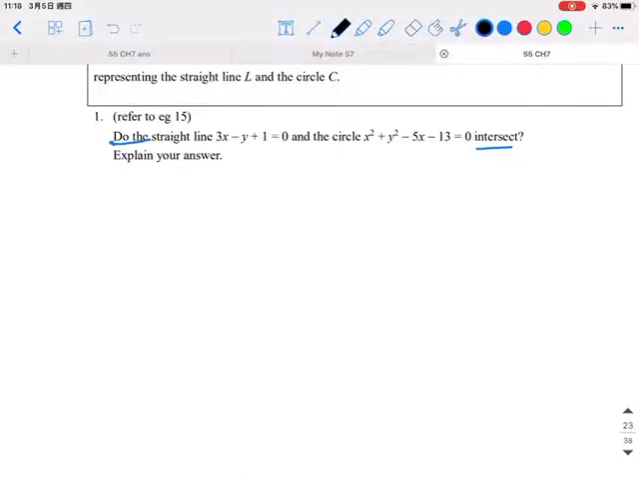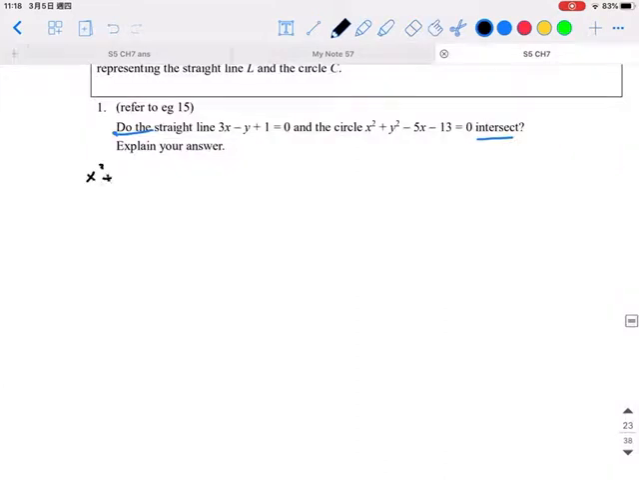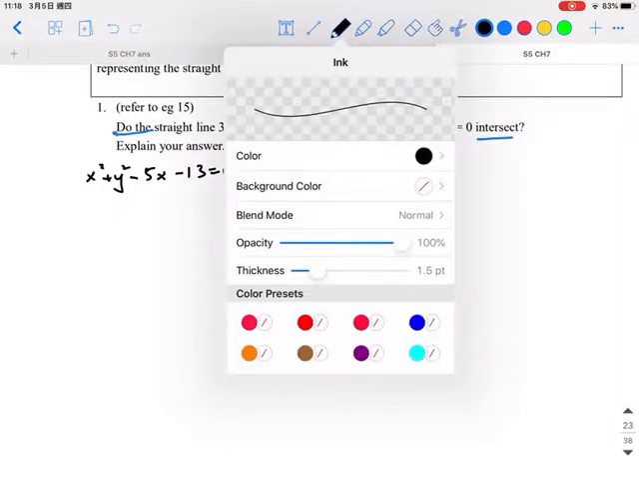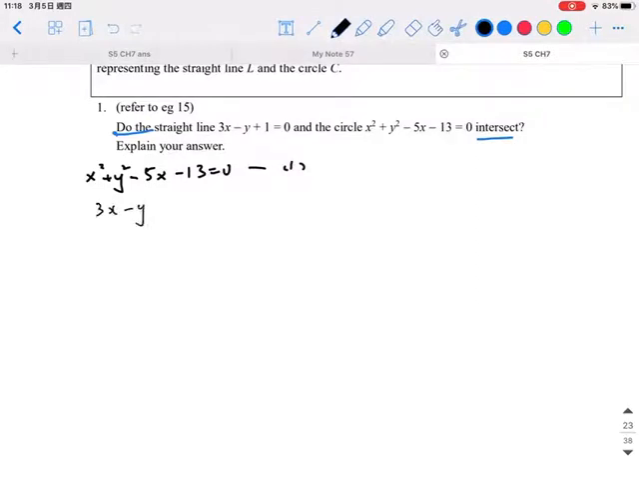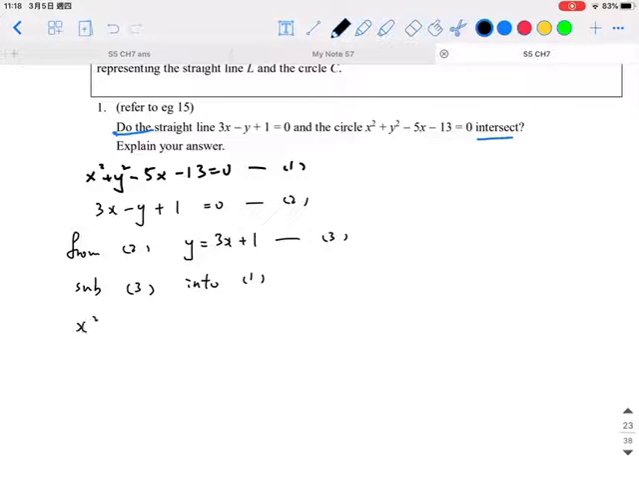First of all, set x squared plus y squared minus 5x minus 15 equals 0 as equation 1, and 3x minus y plus 1 equals 0 as equation 2. From 2, I change the subject, so y is equal to 3x plus 1, let's say equation 3. Substitute 3 into 1, and you will get x squared plus (3x plus 1) squared minus 5x minus 13